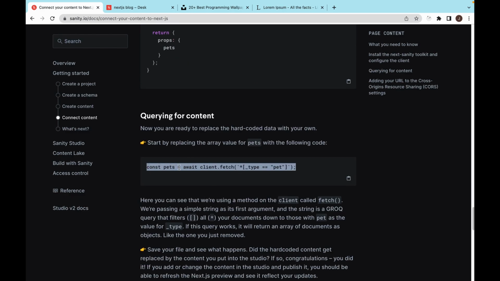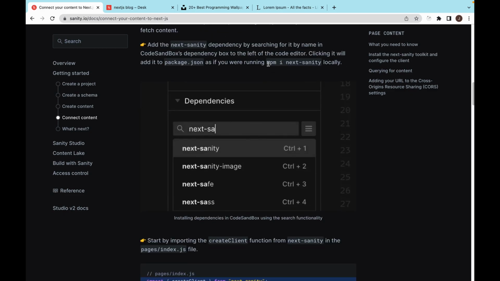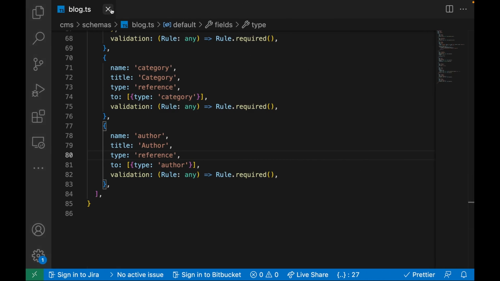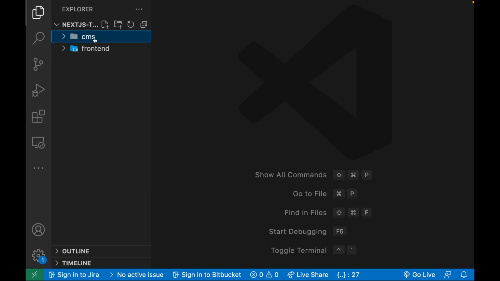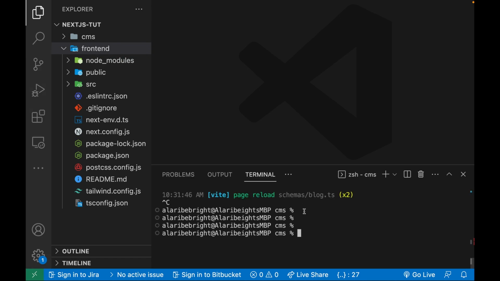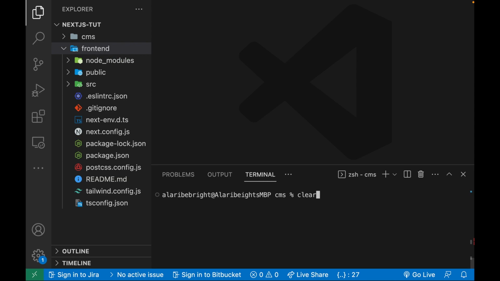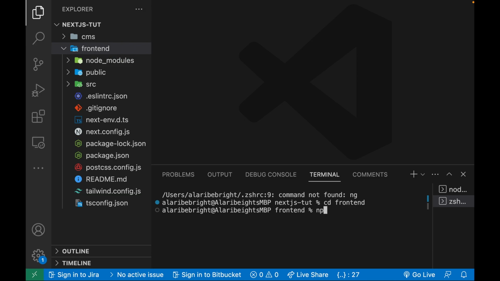In this case, the pet schema that we saw earlier in the create schema guide. So we need to run this command, npm install next-sanity. I'm going to copy this and come back to our project, and I'm just going to remove all of these. This command doesn't need to be called in our CMS directory. We need to be in our front end. Actually, I would leave Sanity Studio running, and I would open another tab for our Next.js front end. So I'm going to cd into our front end and also run